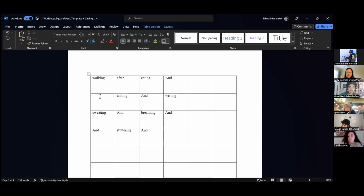And down here, I might have walking before sweating and after. So as you see, walking before sweating and after talking, right? So now it's starting to sort of create a little bit of stuff. So take some time, and you can decide what those prepositions will be. And when you're done,